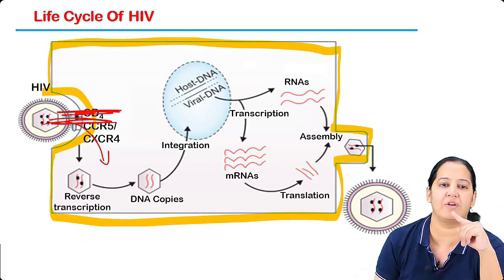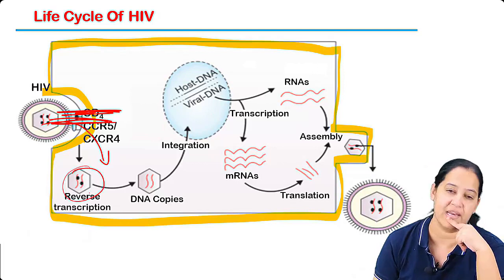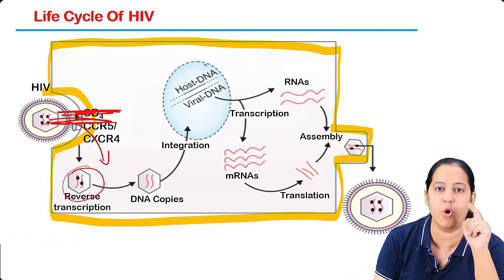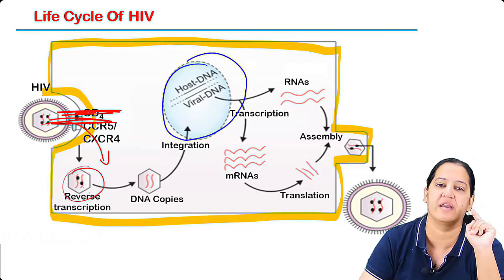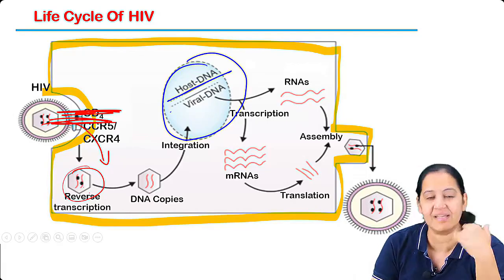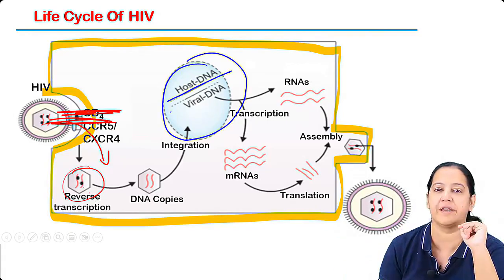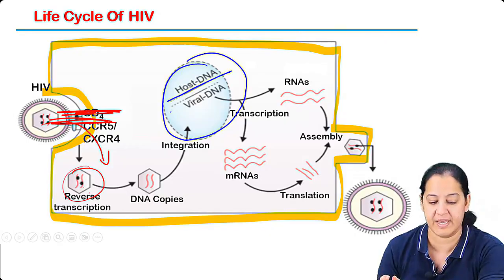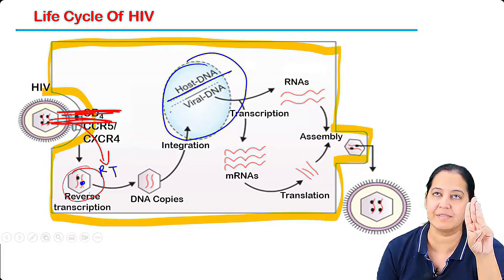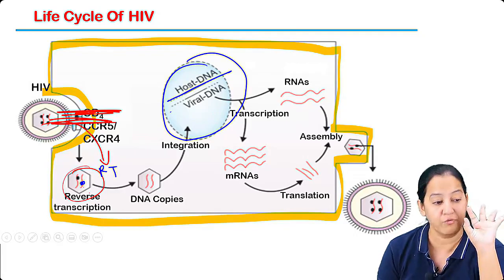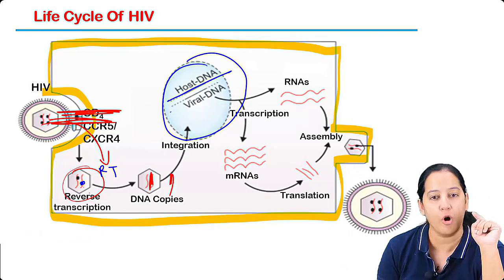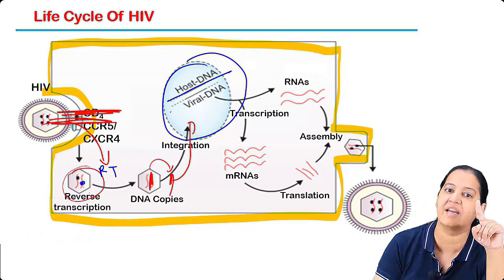Whenever the virus is penetrating, after going inside, the RNA is present. Virus has RNA, and the human host cell has double-stranded DNA. But RNA cannot fuse with DNA. That's why the virus has an enzyme, reverse transcriptase. I told you three enzymes: reverse transcriptase, integrase and protease. Reverse transcriptase converts the RNA of the virus to the DNA of the virus, complementary DNA. And now this DNA will go inside and fuse with the host DNA.